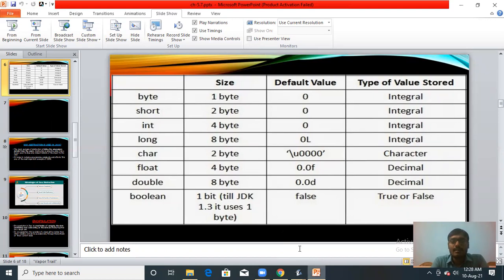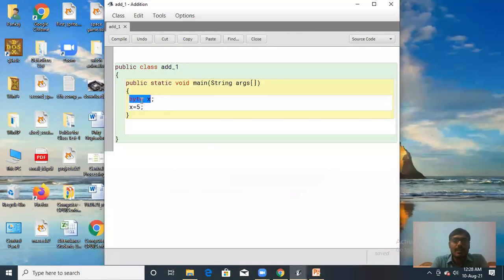You can also assign the short data type in your program. In place of byte, you can assign short x, and you can assign some bigger number like this. You can assign up to 32,767.